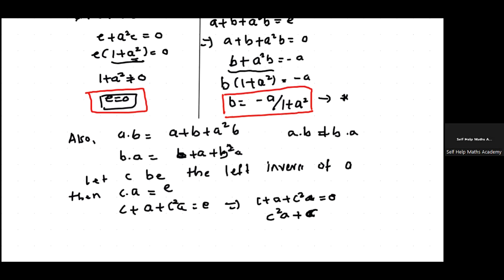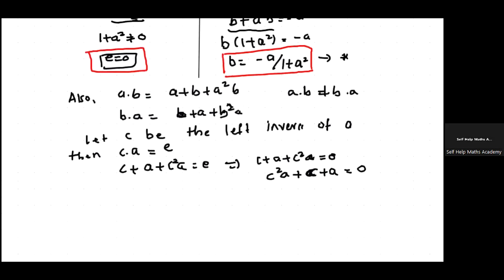Here if you observe carefully, it is a quadratic equation with the variable C. So if I consider this as, for example, a x squared plus b x plus c equal to 0,